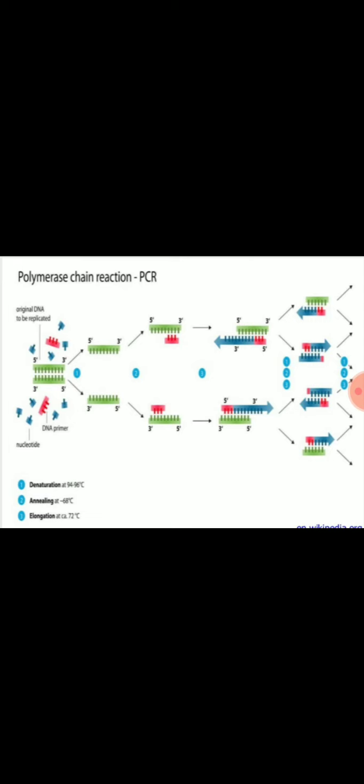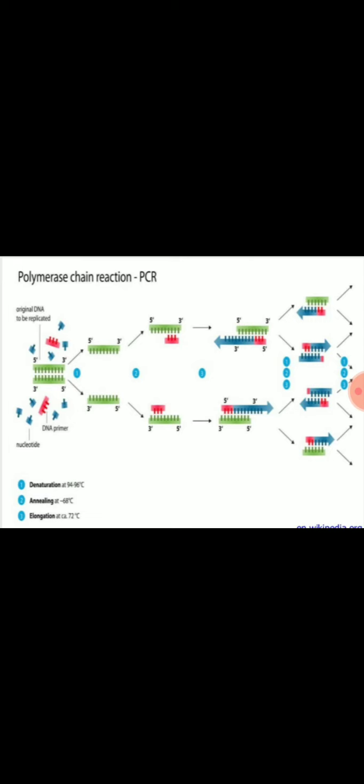Yes, so here the figure is given. In the PCR technique, three steps are there: denaturation, annealing, and elongation. Temperature is different. In case of denaturation, what? Separation of two strands of the DNA at 94 to 96 degrees Celsius temperature is required over here. Initially in the mixture, what we have added is our gene of interest. Okay, suppose this green one is your human insulin gene, the red one is your DNA primer, and the blue one is your nucleotide which you have to add.